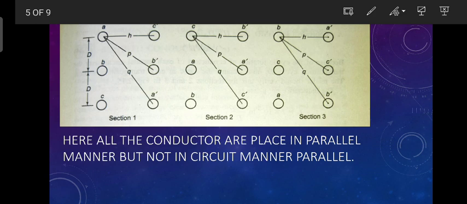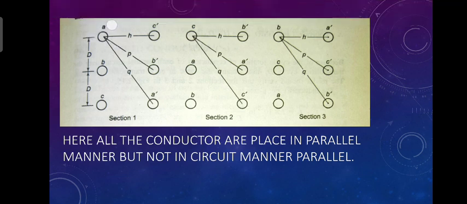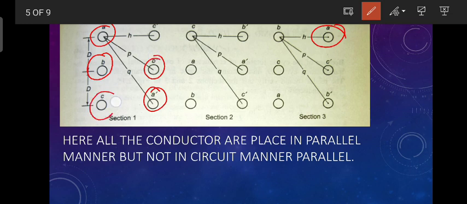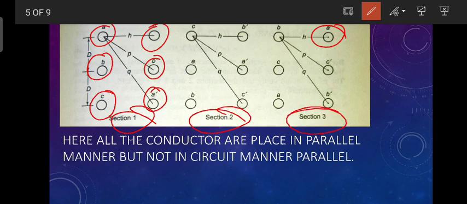In this it may be noted that this is your a, this is your a dash, this is your b, this is your b dash, this is your c, and this is your c dash, like that in section 1, section 2, section 3. There are 3 sections, and the distance from this to this is d,